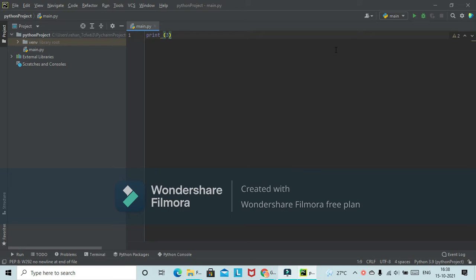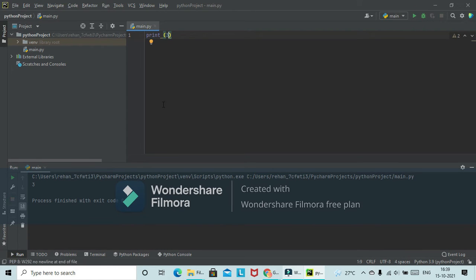So first thing we can do is just print out a number. If I want to write a number in Python, it's really easy. I basically just write the number. So I could say print 3, and this is just going to print the number 3 on the console. Let me run this program and show you. And as you can see, the number 3 has been printed out over here.